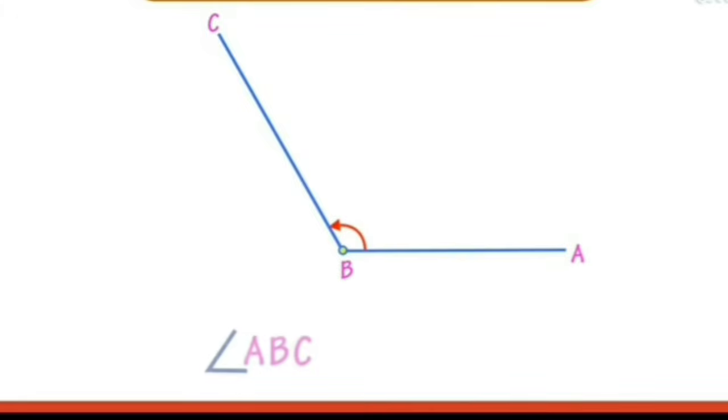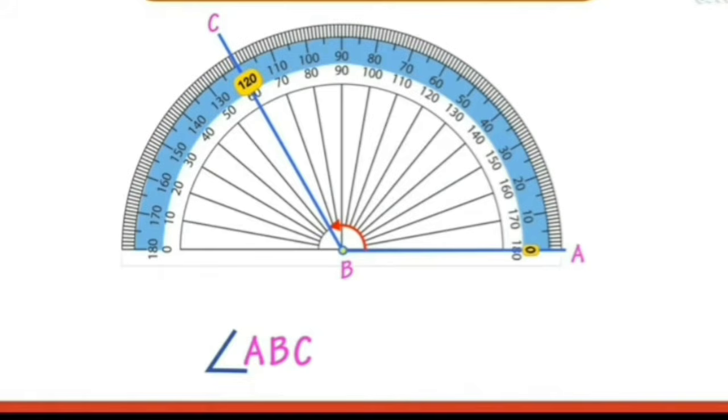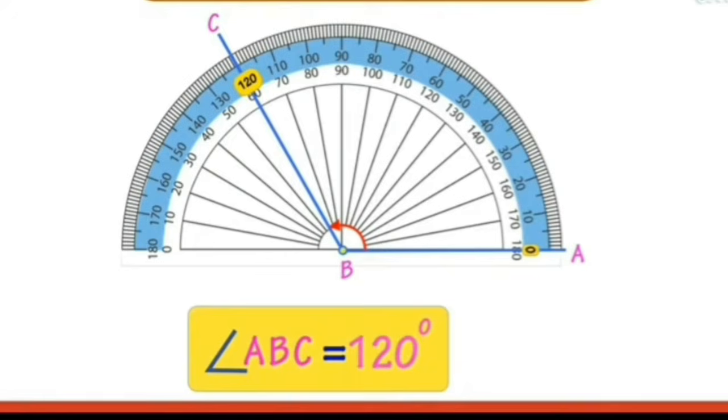Let us see another example, of an obtuse angle. Now take the protractor on the angle. Now we are in the position to measure the angle. Look at the initial arm BA, which is the arm at 0 angle, and arm BC will be the terminal arm which tells us the angle measure. You can observe here we are using the outer scale and it shows exactly 120 degree. Here we have measured angle ABC is 120 degree.